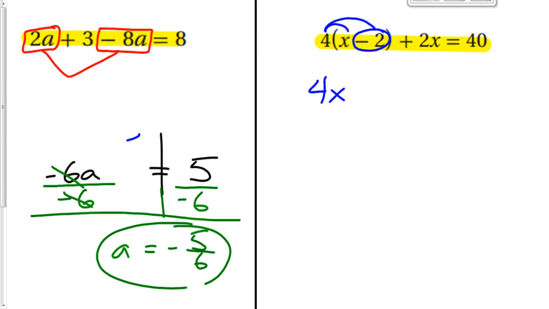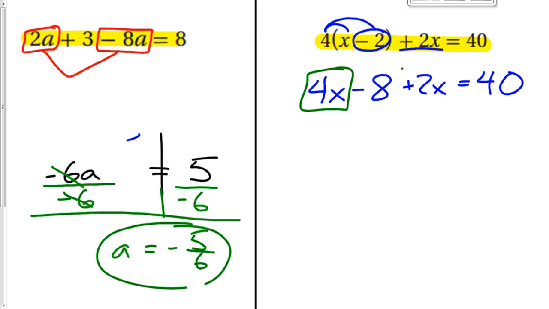We also have plus 2x. And then that equals 40. So distribution first. And then we want to look for any terms we can combine. So positive 4x plus 2x is 6x. We still have a minus 8